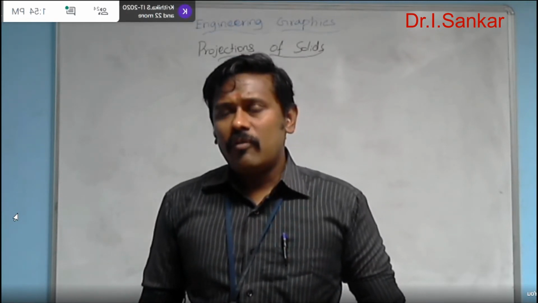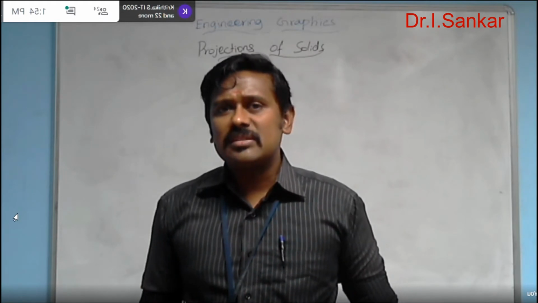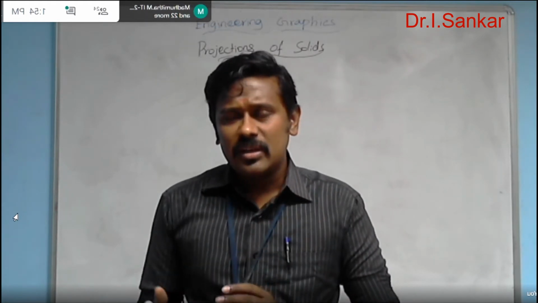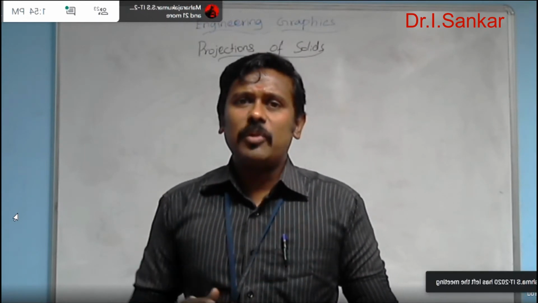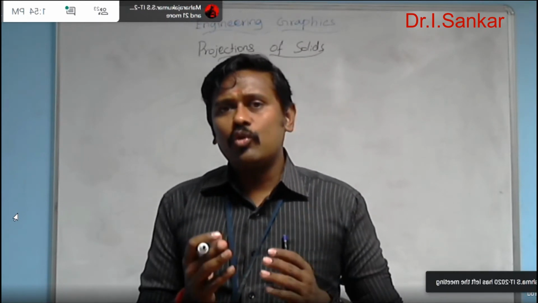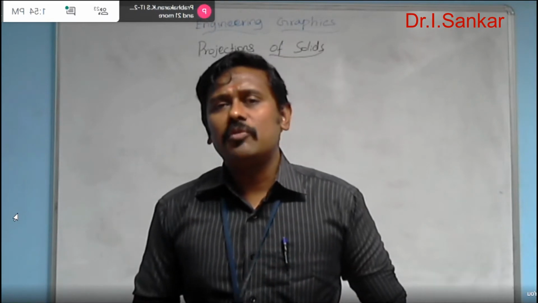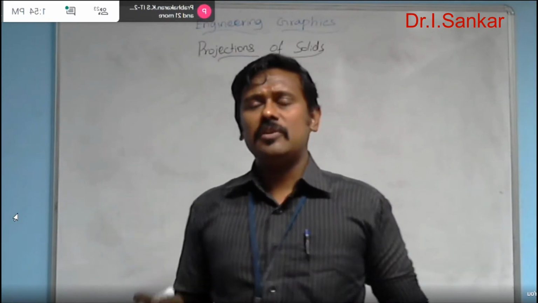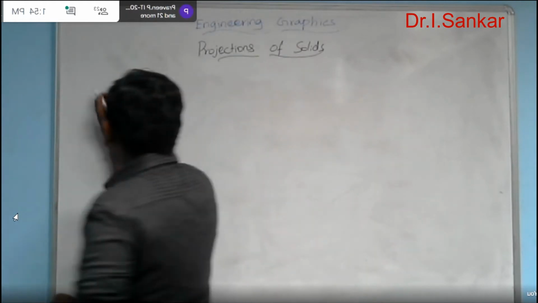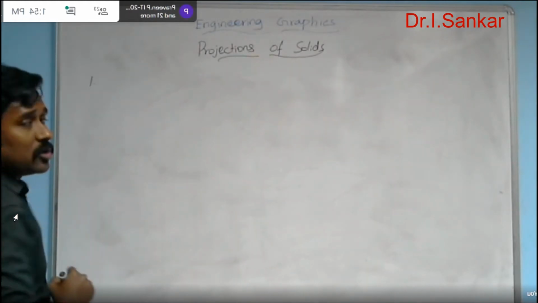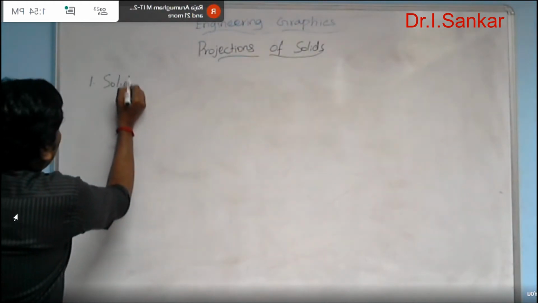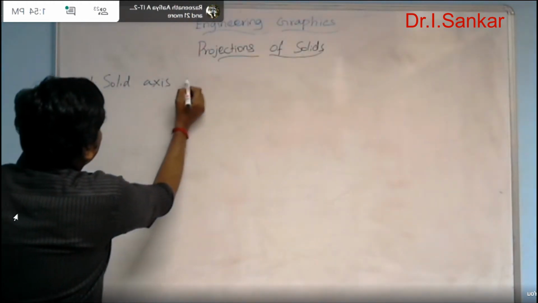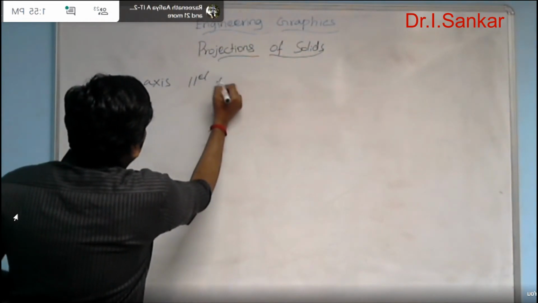And now what are all the various possible cases, in which ways the solid is going to be placed with respect to the horizontal plane and vertical plane, and how we can draw the front and top views of such solids. So what are all the unique features in each and every case we can see first. So in that way, the very first case I am going to give you is solid axis parallel to